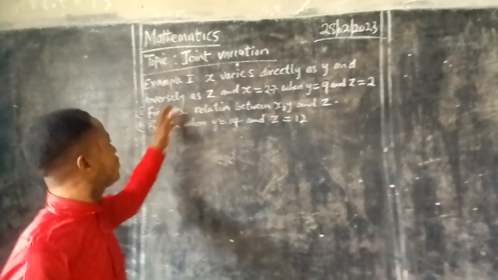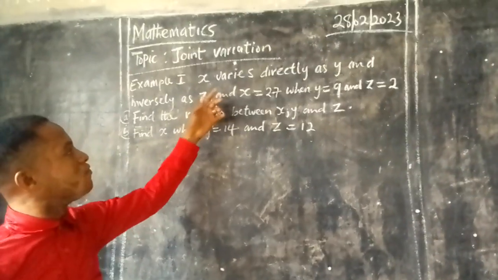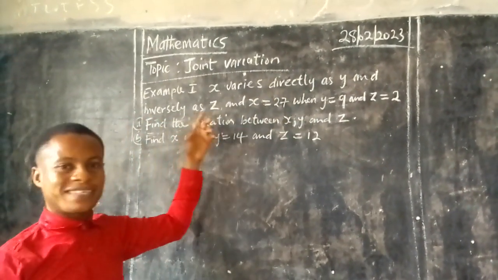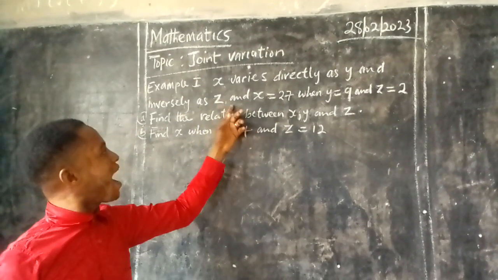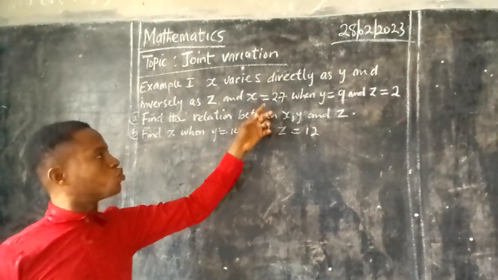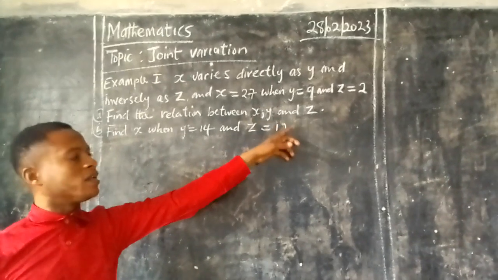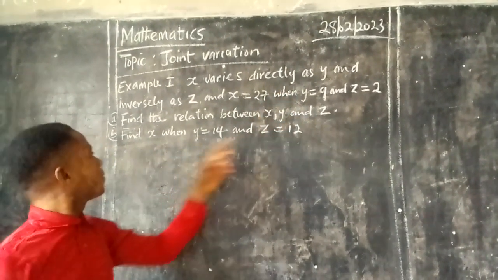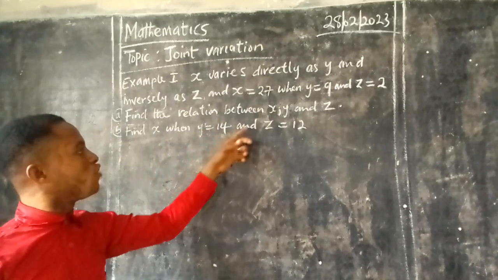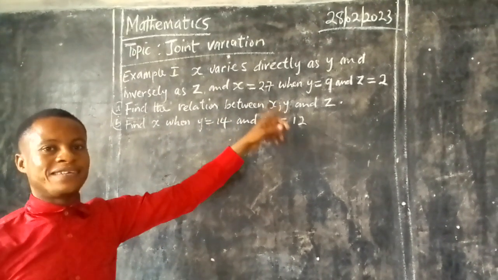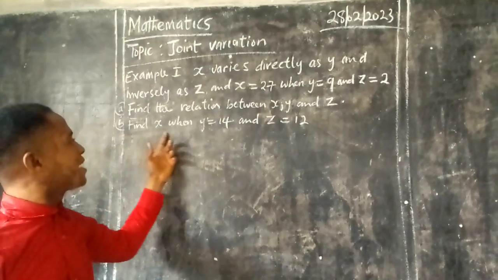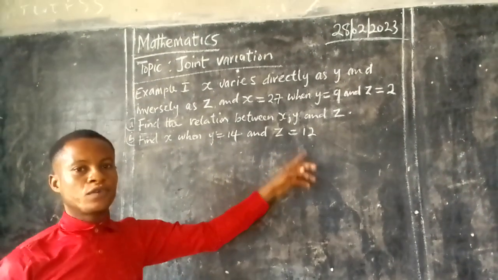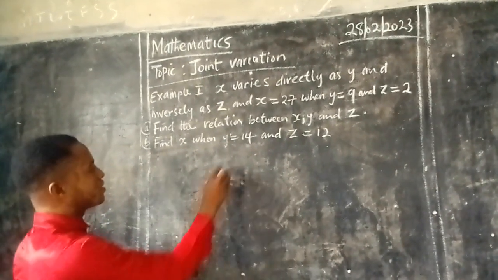The question we have here is: say x varies directly as y and inversely as z, and x is equal to 27 when y is equal to 9 and z is equal to 2. Find the relation between x, y and z, and find x when y is equal to 14 and z equals 12. So to resolve this,